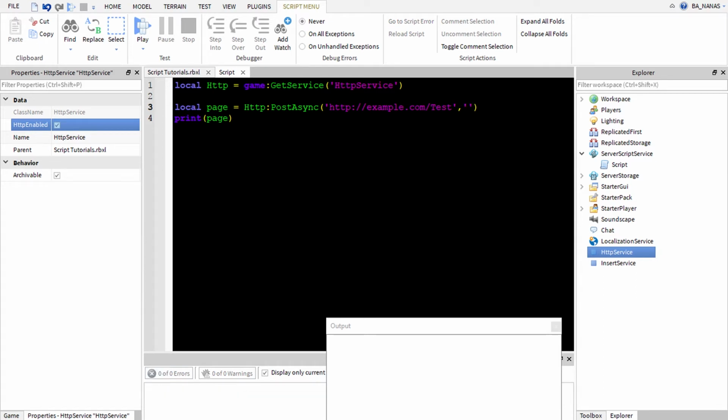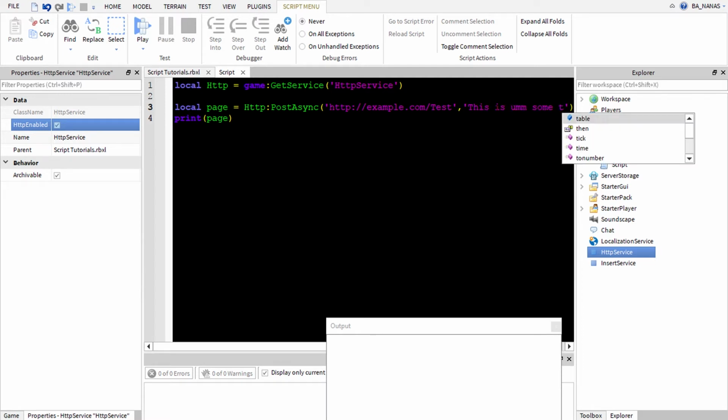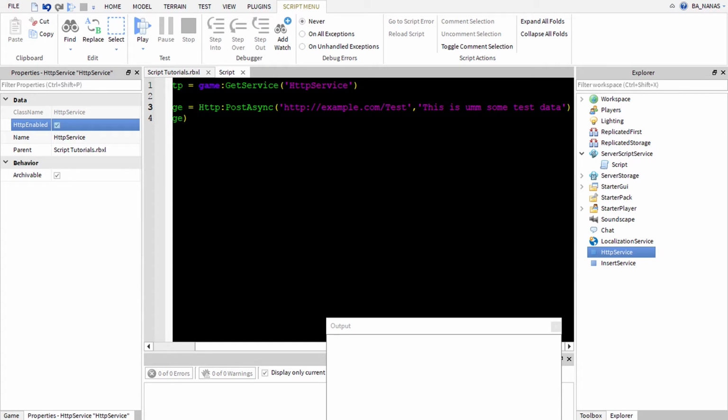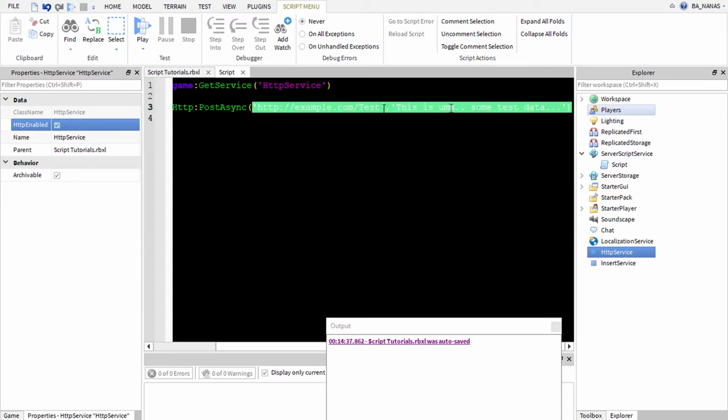For example, this is some test data, and I think it can also be like a number. Another argument is content type, but let's just stay with those two arguments, because they are